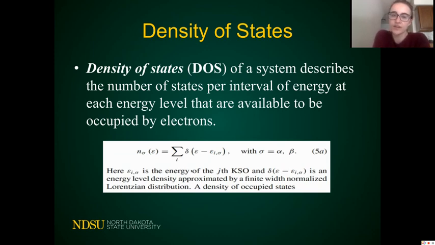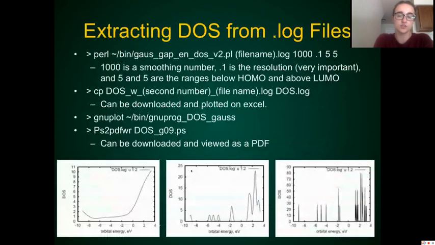I have an equation there. Essentially, it's defined as the sum of contributions from each orbital. It's also important to note that a high density of states at a specific energy level will mean that there are many states available for occupation. So in general, density of states is an average of the space and time domains that are occupied by a system. So the next slide, I have an overview of essentially what density of states are. And the next slide looks at how to generate the PDF plots